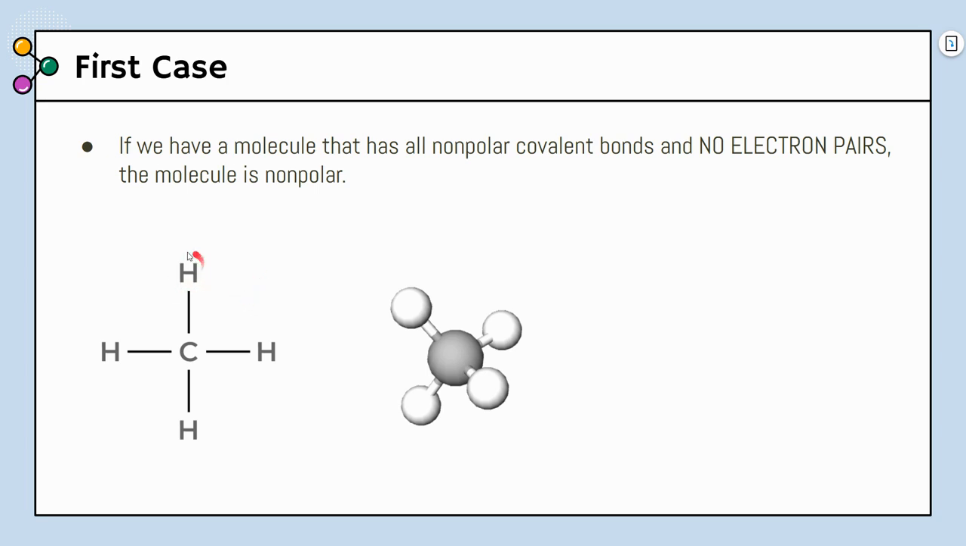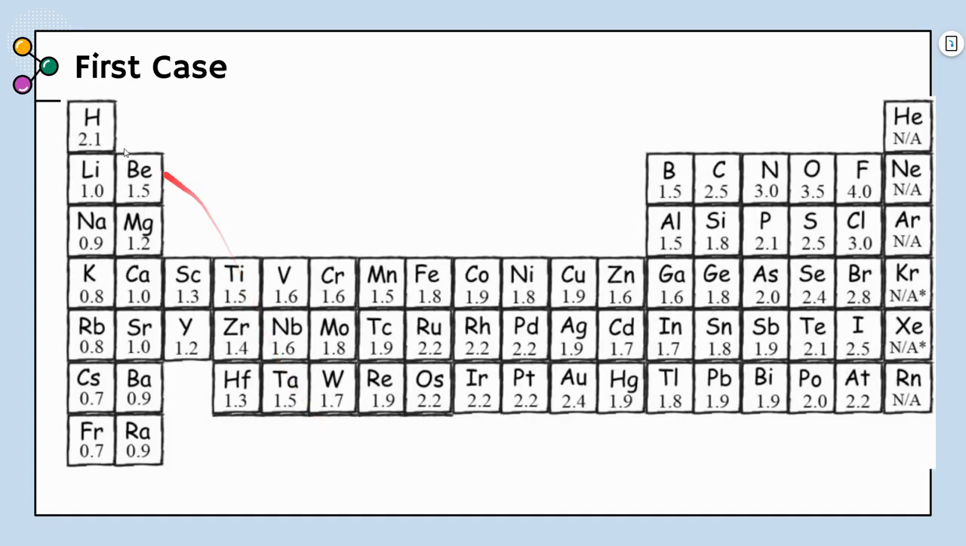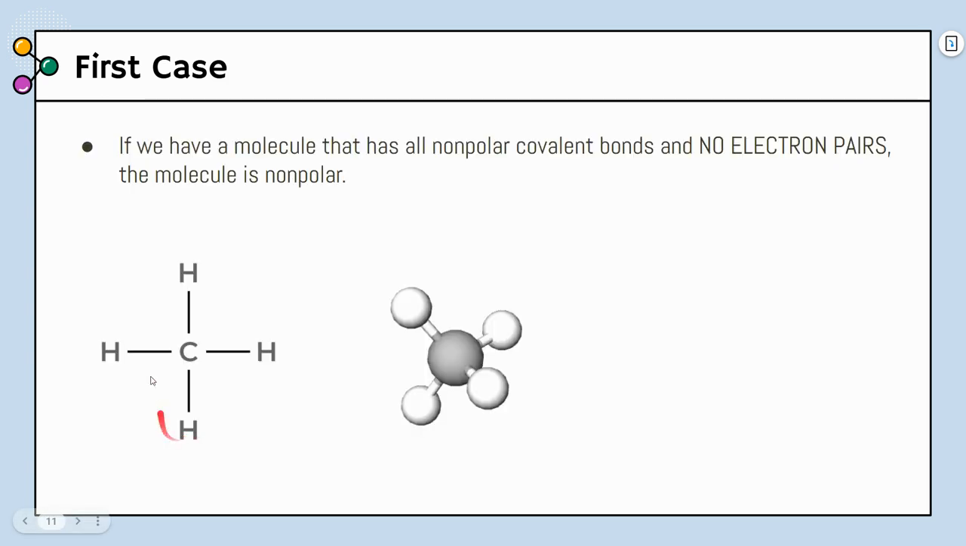So first, let's get our electronegativity values for these hydrogens and this carbon. I'm going to bring up my electronegativity chart. Hydrogen has 2.1 and carbon has 2.5. So let's do this. If we find the electronegativity difference, hydrogen with 2.1 and carbon with 2.5,